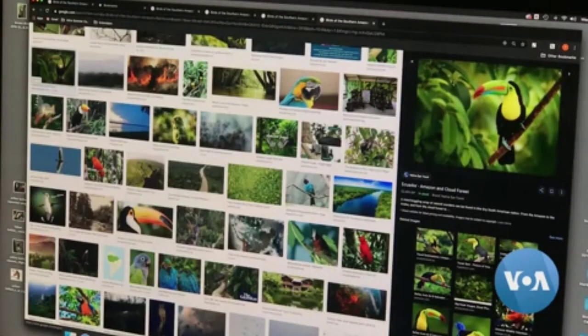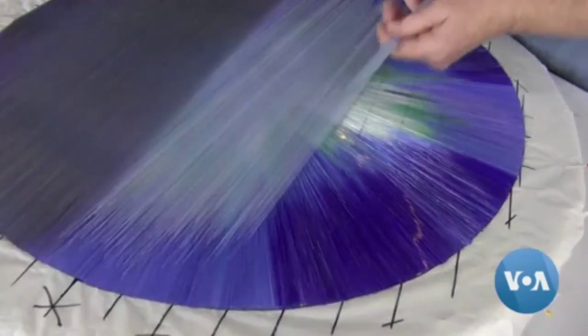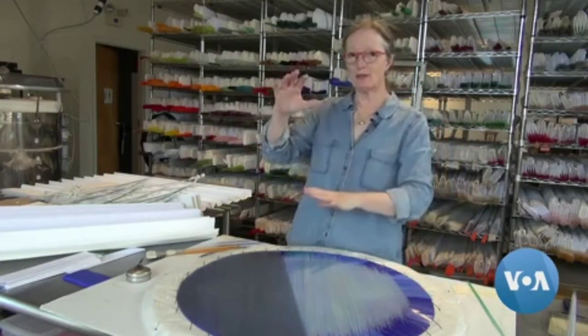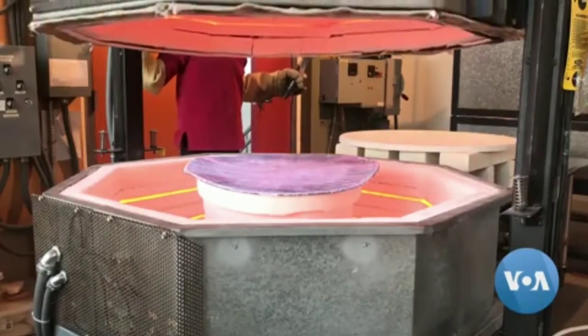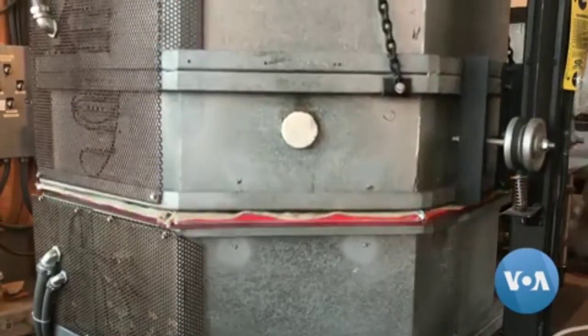I can blow them up and zoom in to details and really study how a feather is structured. She is amazed at how many variations there are. Sometimes I do pieces where one side of the piece is the male coloration and the other side is the female coloration. When Zynsky is finished laying out her designs, the glass threads are fused together inside a kiln,